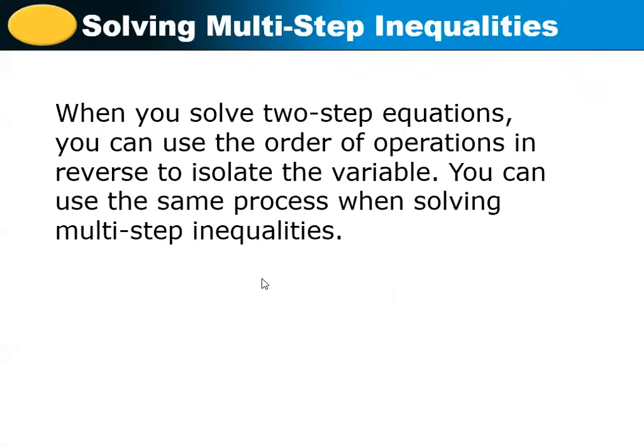When you solve a two-step equation, you can use the order of operations in reverse to isolate the variable. You can use the same process when you're solving multi-step inequalities. For multi-step equations and multi-step inequalities, we can use the same method to solve, but the difference is that in an equation we have only the equal sign, which makes the two sides the same, but in an inequality